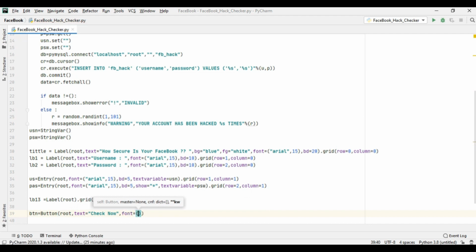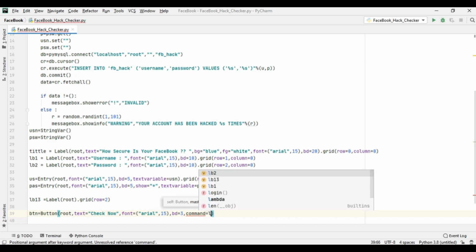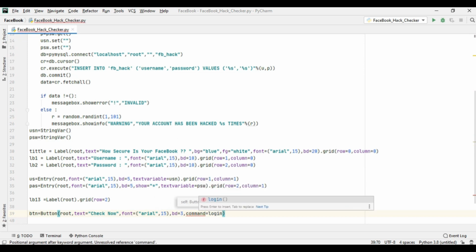Font will be the same, Arial, size will be 15, and let's make this text a little bit small. Command equal to login.